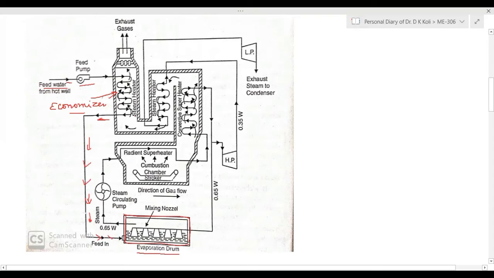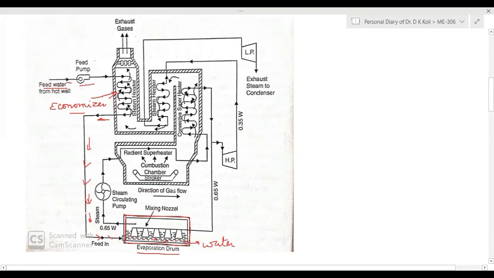Yes sir. Water after passing through this economizer section will reach the evaporation drum, and here you can see this is the whole water. The whole water is collected here in this drum. Underside you can see the dashed line which shows the water. Water is stored here. Now I will connect you here again. Now this water in the evaporation drum is evaporated. When this water gets heat, it will be evaporated.